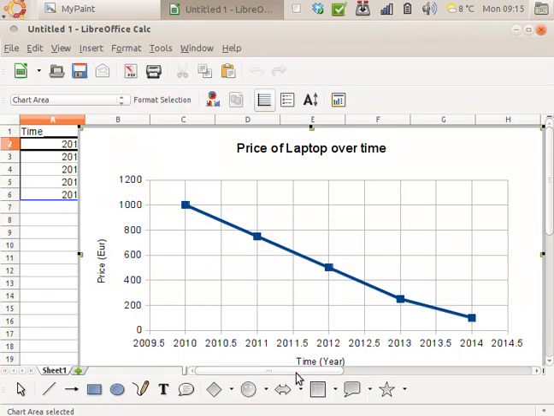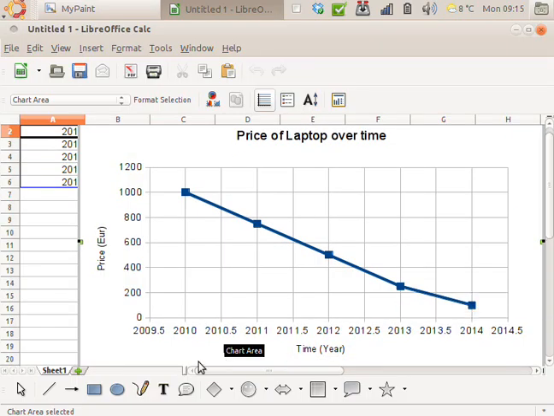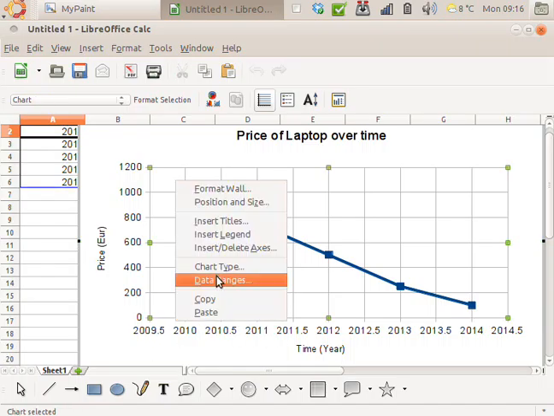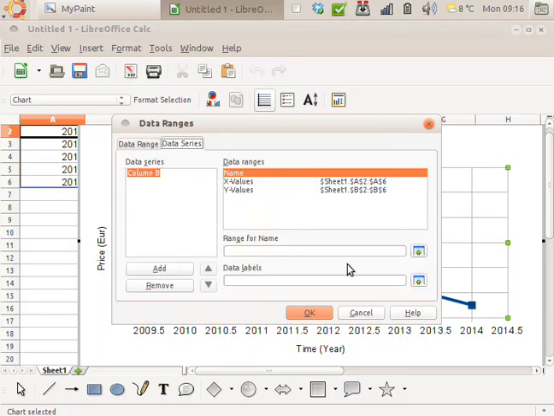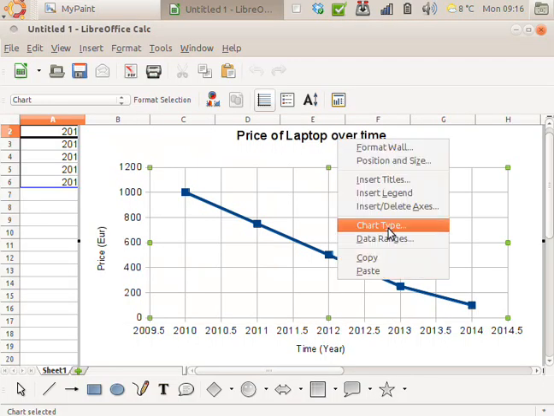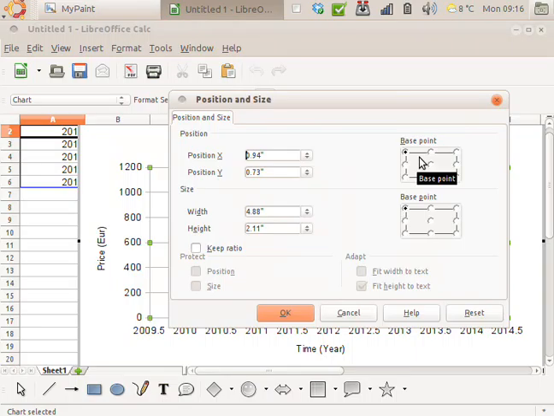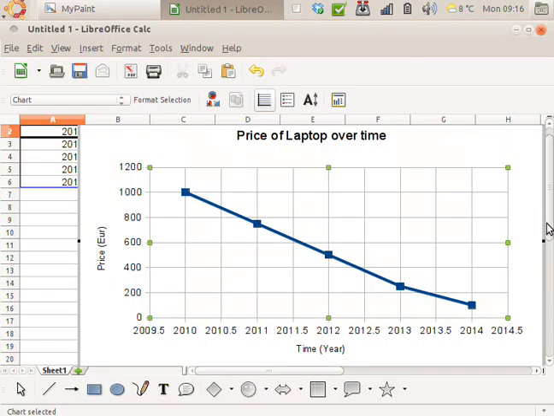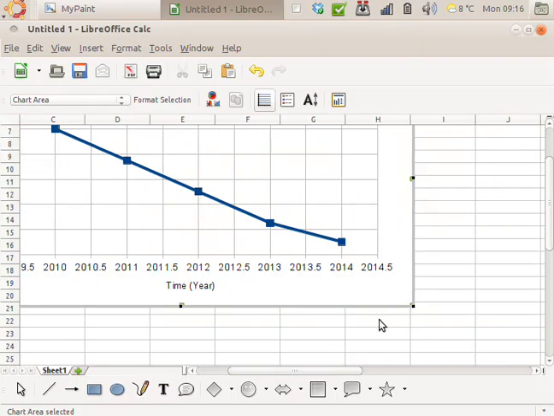There we go, so that's what it looks like. Now this is the thing Excel doesn't know. Excel doesn't know that these are years, so it doesn't really know that they should be only whole numbers, not like 2009.5. So I think I can edit this. What about if I make it smaller?